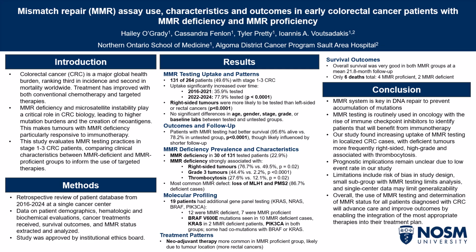In terms of treatment patterns, neoadjuvant chemotherapy was more common in the MMR proficient group, likely due to tumor location. More rectal cancers were seen in the proficient cases. Adjuvant chemotherapy and chemotherapy type, either combination with FOLFOX or XELOX versus monotherapy with capecitabine, was not significantly different between